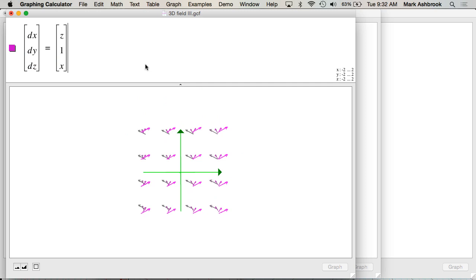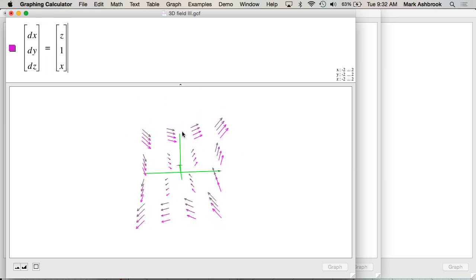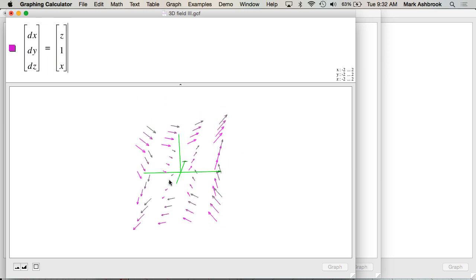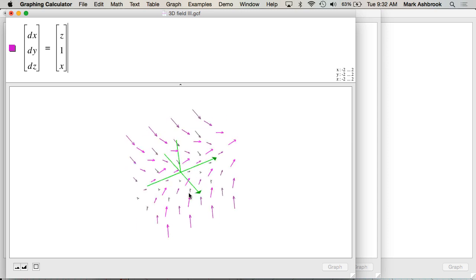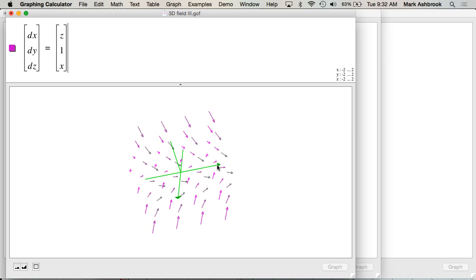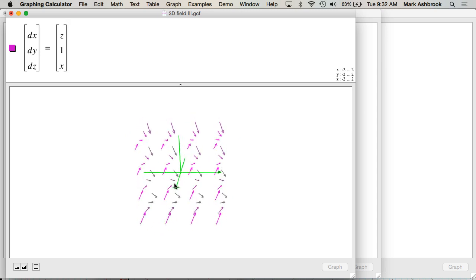Good job. So what does that mean? It means that the x component of these vectors is the z coordinate of their position. Trying to get a view here. There we go. So what does that mean? As you move,